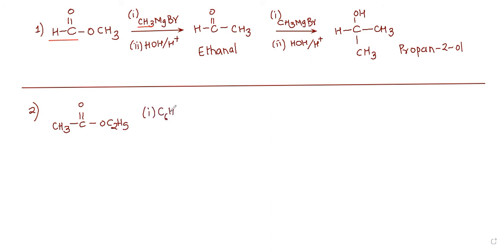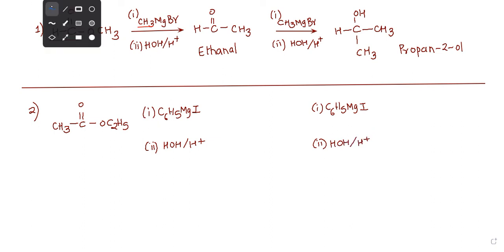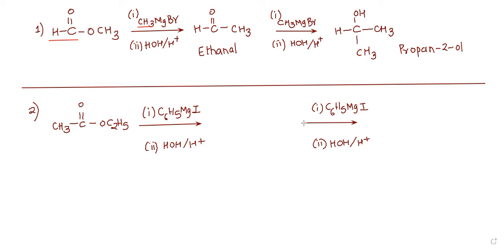Let us do one more reaction separately, with CH3COOC2H5, and here we are taking, let us say, some aromatic Grignard reagent. The reactivity of aromatic ones is a little lower, but just for writing purposes it's fine. Practically they usually avoid aromatic Grignard, due to the bulky nature of the benzene ring; reactivity is a little poor, not as good as the methyl group and all. So let's see what the first product will be: CH3, C double bond O, and in the end CH3 C with C6H5.